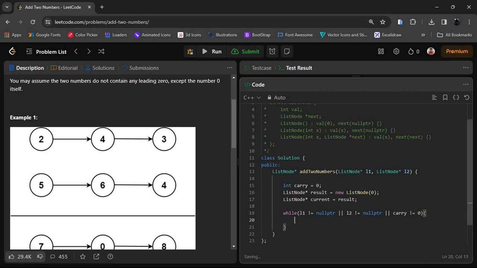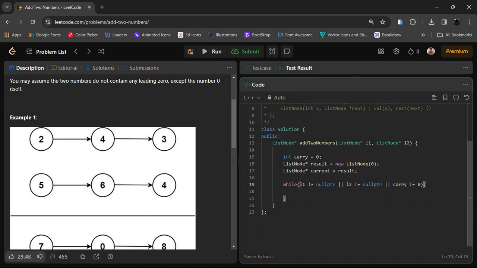If all three conditions become false, then the while loop will stop. So to stop the while loop, L1 should become null pointer, L2 should also become null pointer, and carry should become 0. Then the while loop will stop and we will get our resultant data. If any of these conditions is true, the while loop will continue to execute.